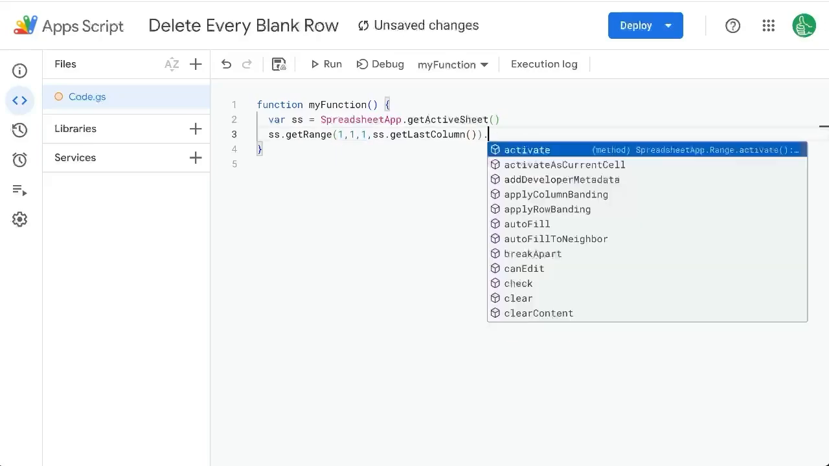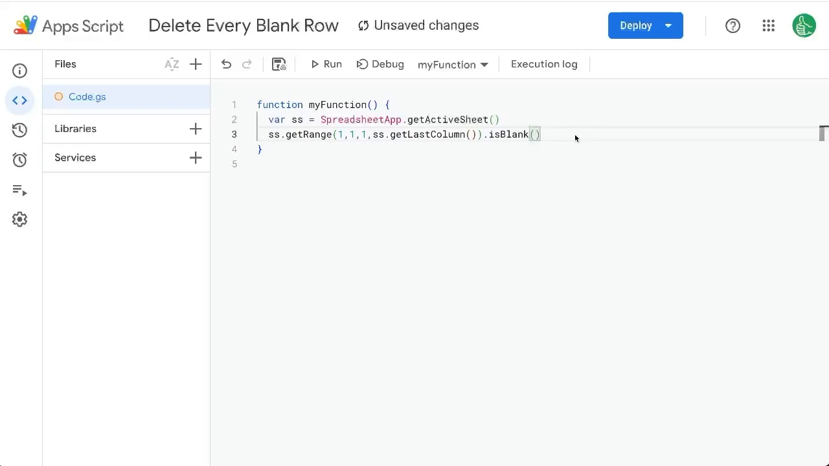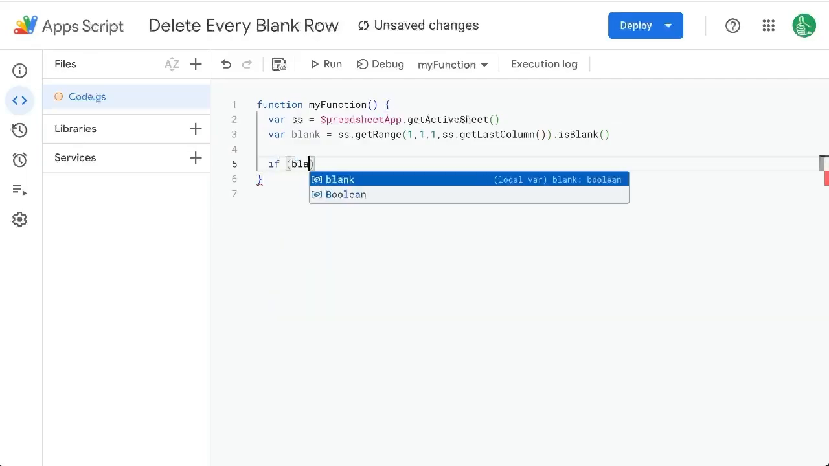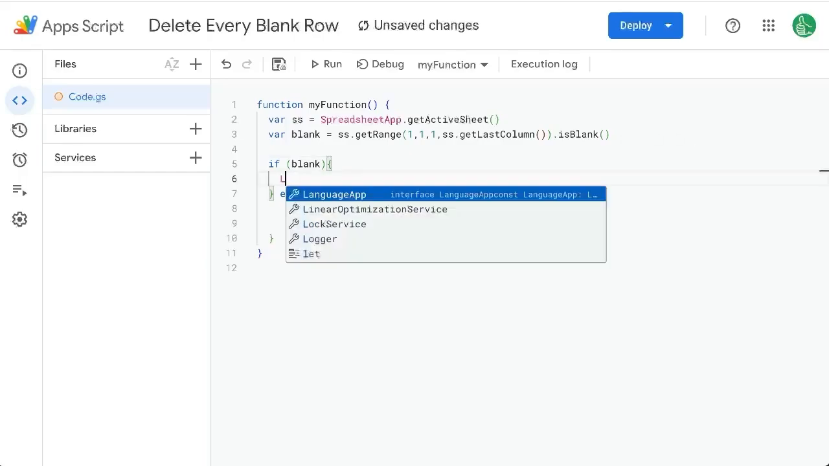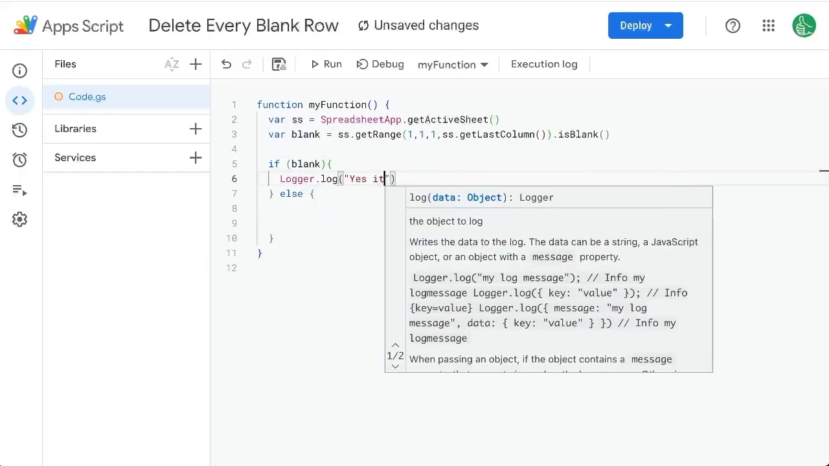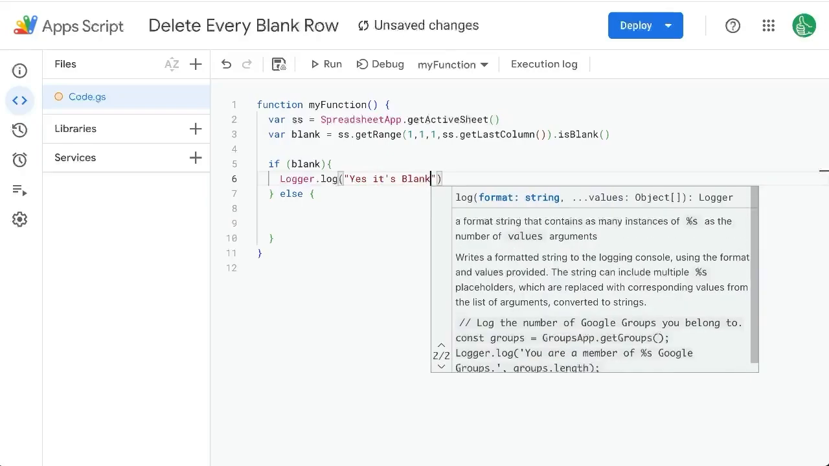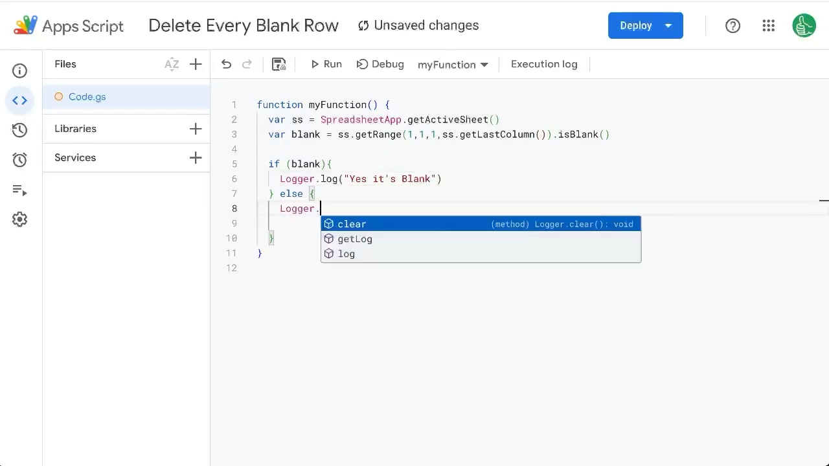And we can say isBlank. This will return true or false. So let's call this blank equals. And this blank will either be true or false. So we can use an if statement, if blank. So if it's true, it is blank. Let's do something else. For right now, we're going to do Logger.log "Yes, it's blank", just to see if it's blank. And if it's not blank, we'll do Logger.log